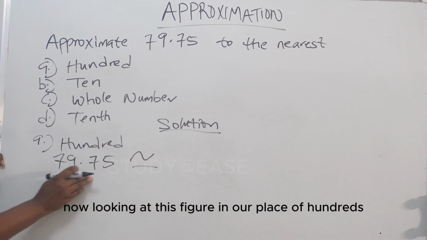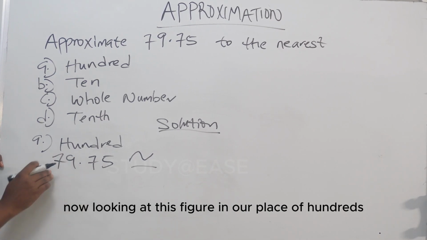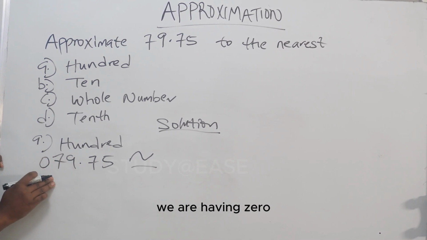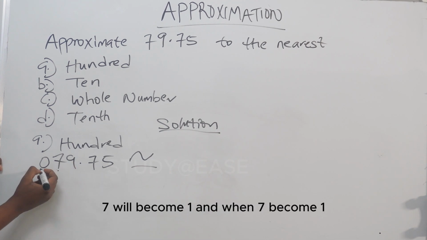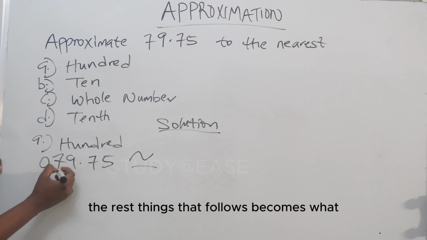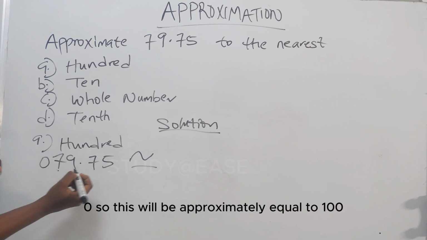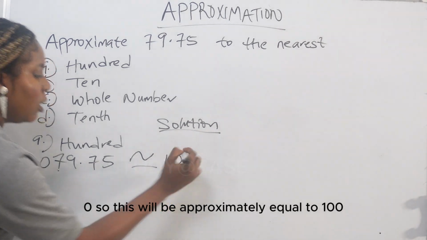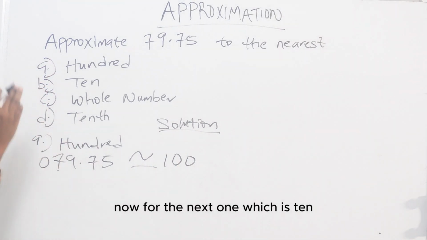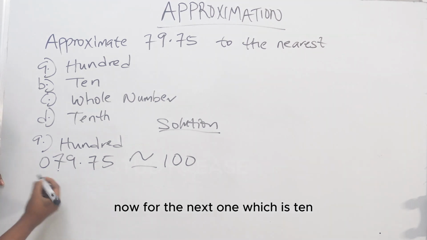Now looking at this figure, in our place of 100, we are having 0. So when we approximate this, 7 will become 1. And when 7 becomes 1, the rest of the things that follow become 0. So this will be approximately equal to 100. Now for the next one, which is 10,